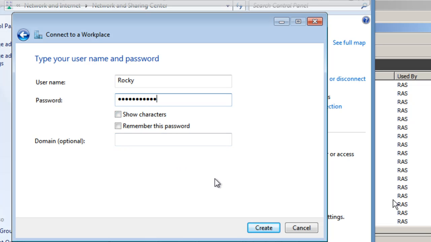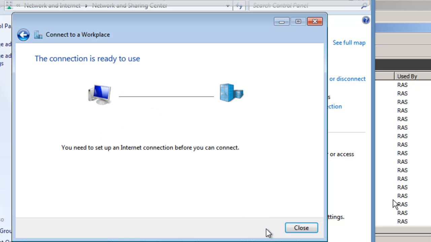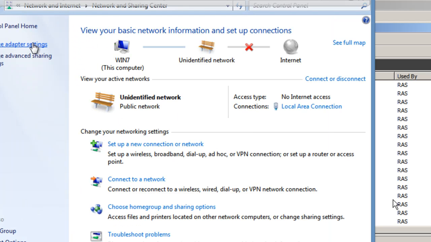Right, and create. So it's creating a connection. The connection is ready to use. Right, and you click close. Now we'll go into the